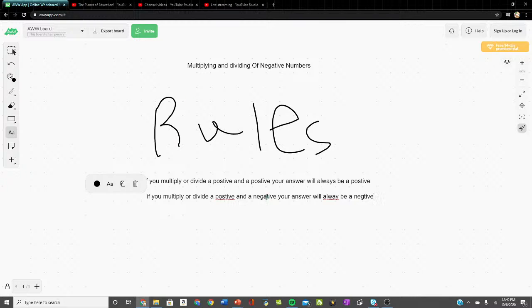If you do two different signs, it'll always be a negative. And the last rule of all is, if you multiply or divide a negative